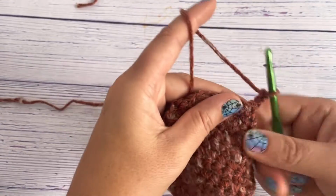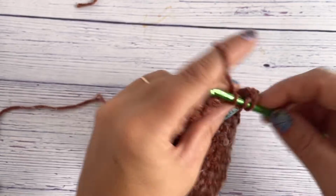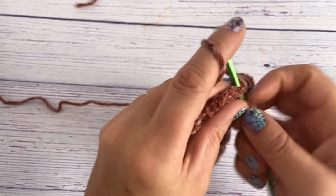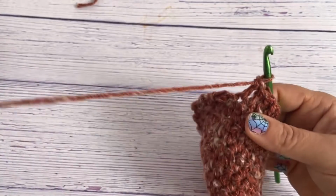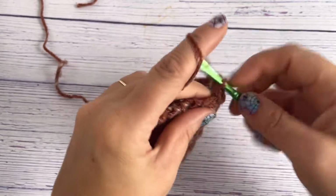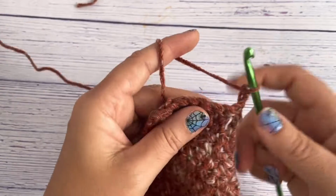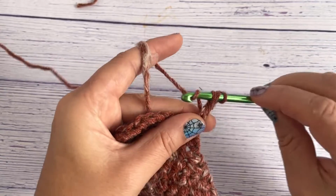So chain 2 here, because now it's going to be a row of double crochets into the top of each single crochet there. That all across. There you go. And now again chain 2, turn it around, and we're going to do a front loop, actually front loop double crochet, so right into that first one,